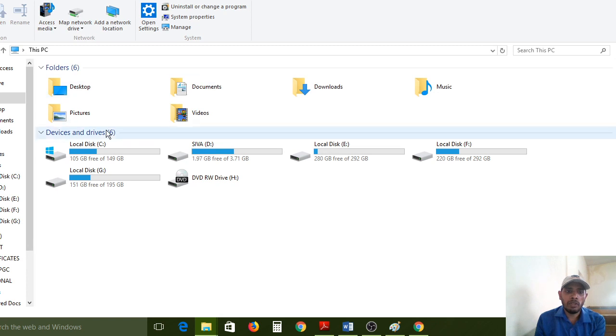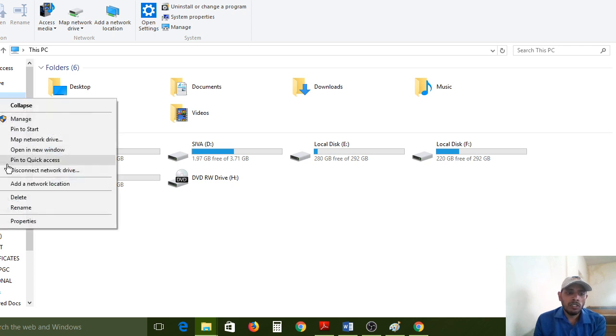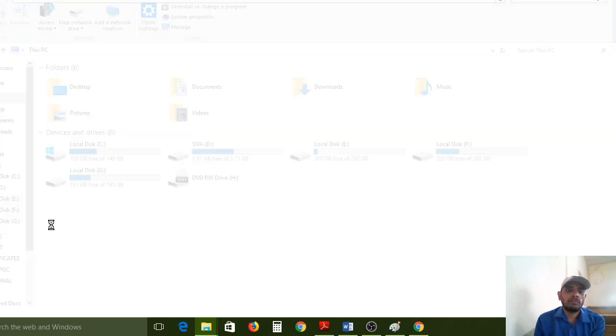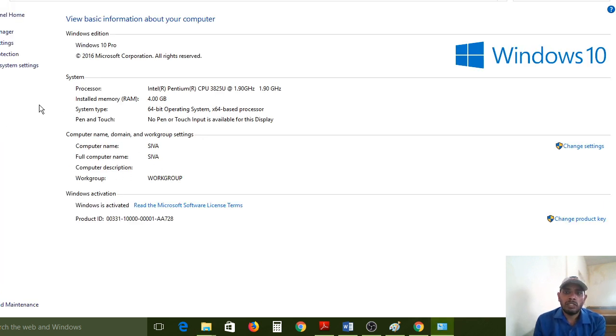In Windows 7, you can find My Computer on the desktop. Just right click on My Computer, choose the Properties option and click on that. Immediately one window will appear on the screen.